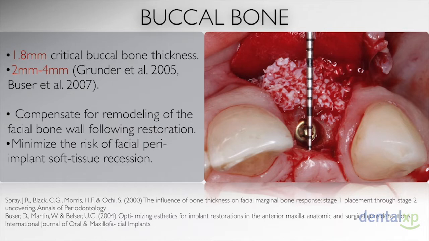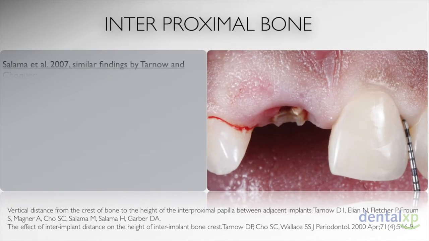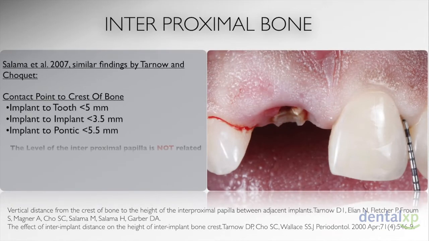Grunder and Boozer recommended 2 to 4 millimeters of bone buccal to the implant as well, and the rationale for that was to compensate for any remodeling of the facial bone and minimize the risk of facial soft tissue recessions long term. As for the interproximal bone, we know from the classical studies by Tarnow and Salama that we have